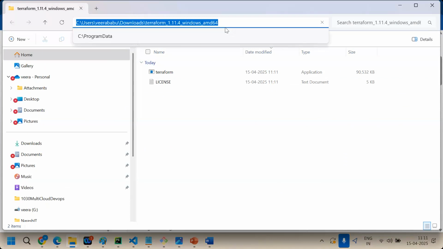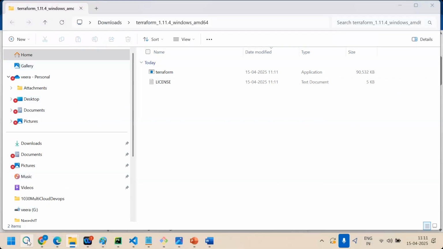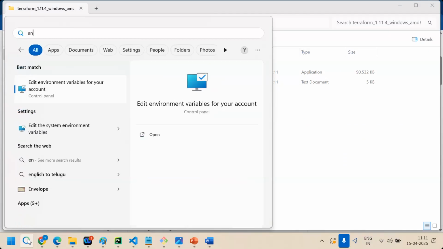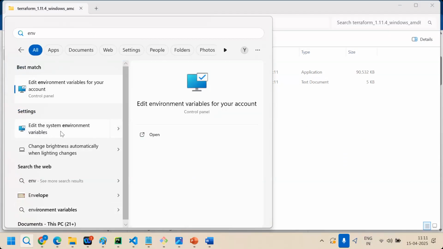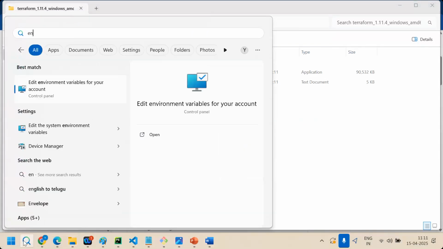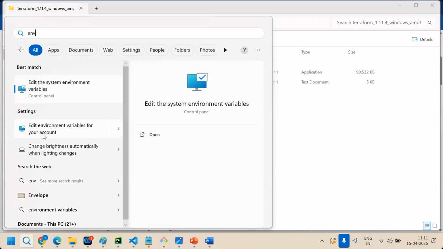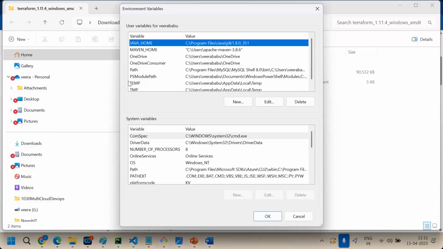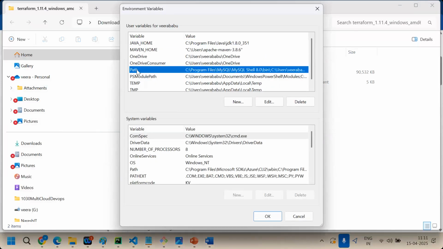Copy, Control C, go to env variables, system environmental variables for account. Click on it, click on the path, edit.